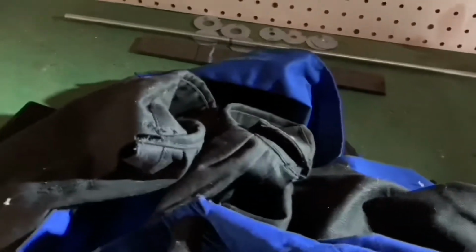It's a little too big because they don't really make kid sizes for stuff. Like this is a small on the website, but now instead of using this big sweatshirt that has a hole in it, this will work way better. So I'll just cut right to